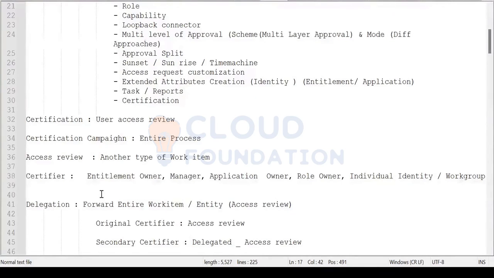In SailPoint, if you enforce any security policies, those policies will check all the identities for certain unwanted conditions. Let's say we have a toxic combination access. If a user has that conflicting access or toxic combination access, you can consider that user dangerous. It could lead to a dangerous situation.